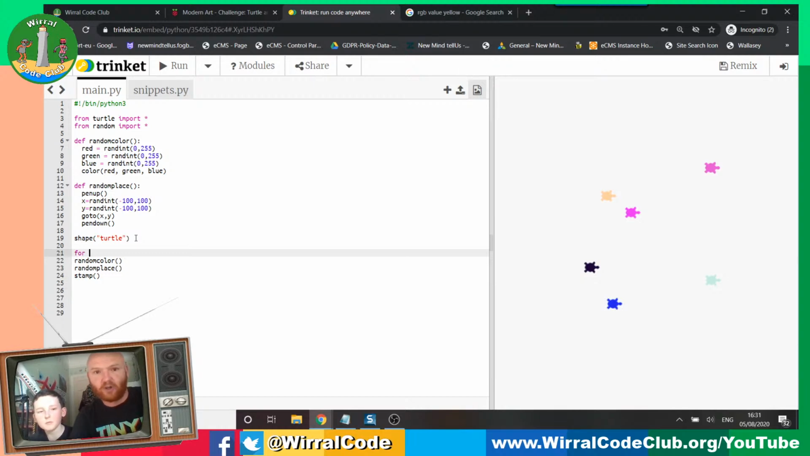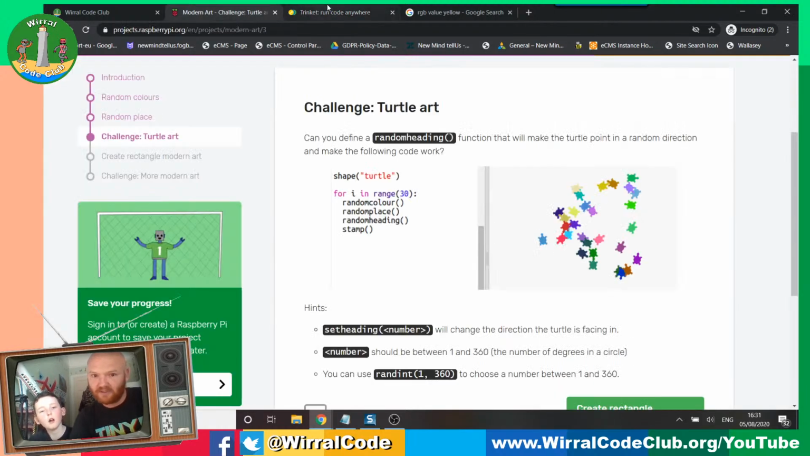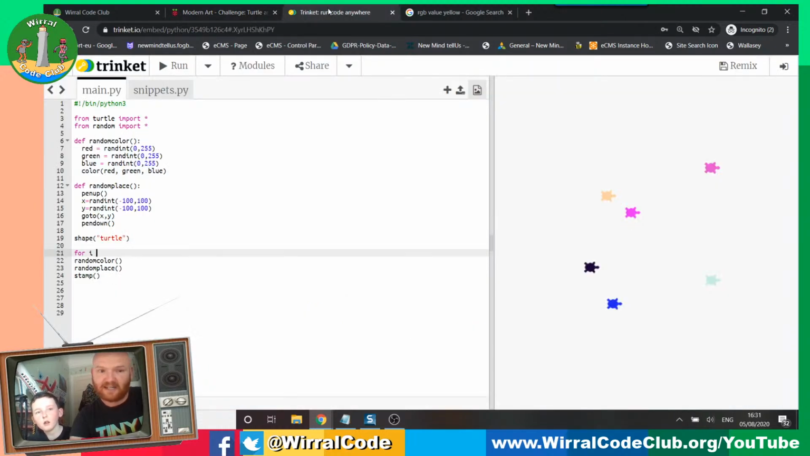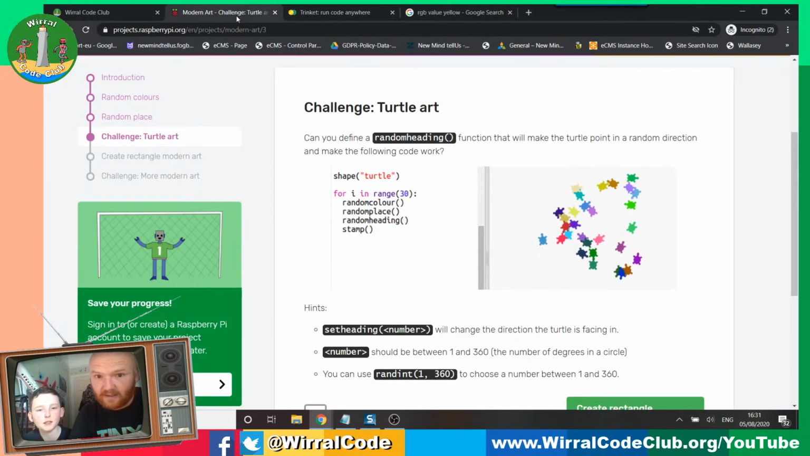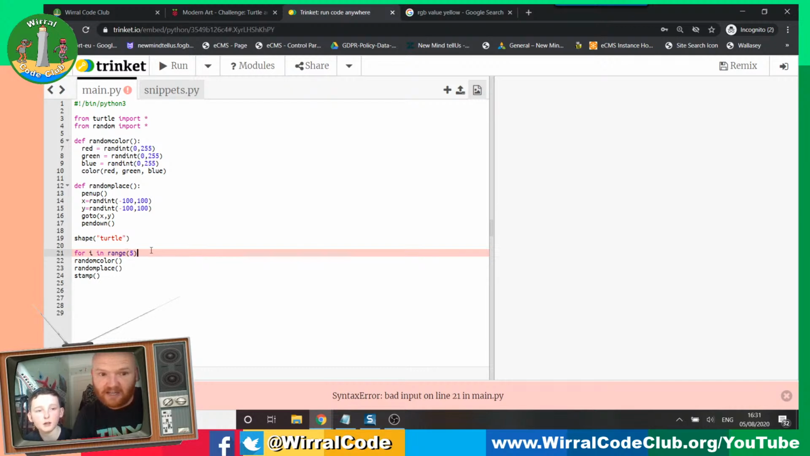So if we follow the example, we do for i in range, and then in here, if we were to do 5, it'll loop through 5 times. Oh, what have we done wrong? Bear with me. No, that's the heading. Ah, that's the heading. So it's not the heading, we haven't defined the heading. There's no function for the heading. I thought that was the heading. Alright, I just forgot the colon. So now if we do run,